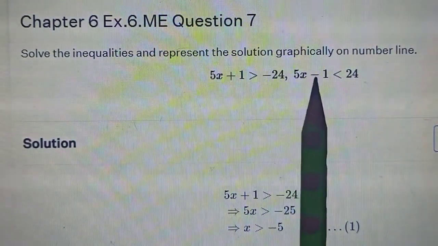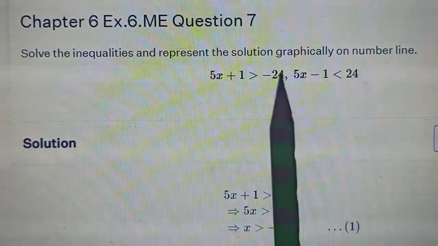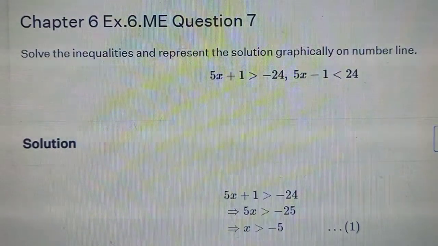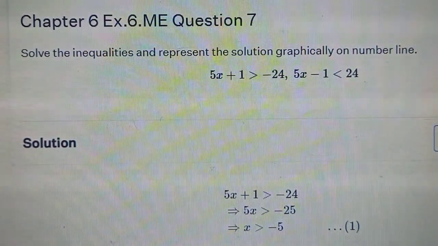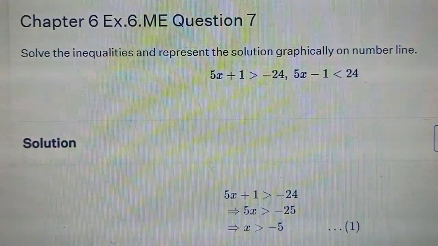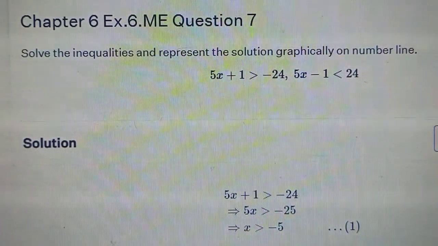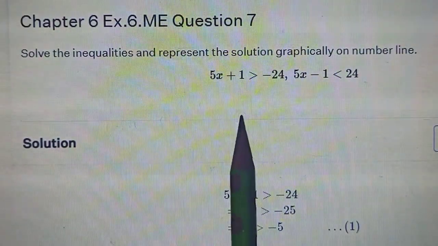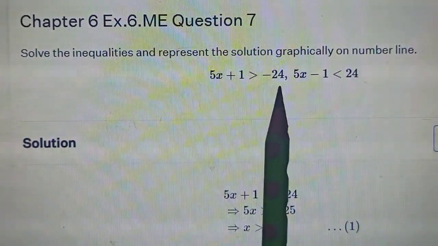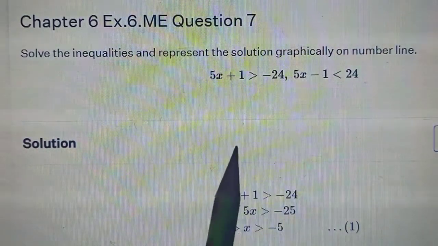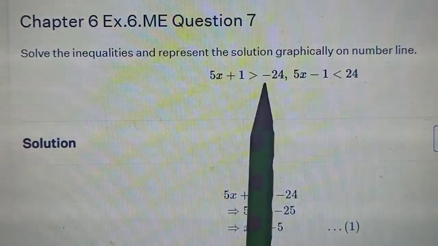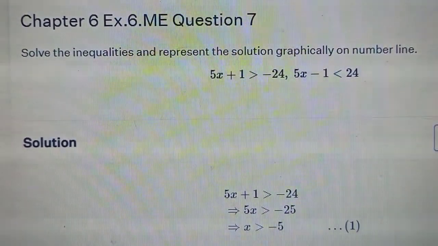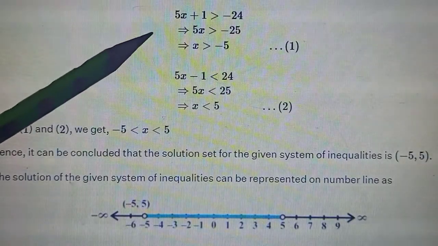Later on you can do it mentally or orally also, but initially doing it graphically, things will become more clear to you. And as in the question they have said you have to do it graphically, in future also if it is mentioned graphically you have to do it graphically, and if it is just solve it and you can understand mentally, well and good. If you are confused then you can plot the number line graph for both the inequalities and see where double shading comes, which satisfies both, that will be your common solution or solution for this system of inequalities, right? So this is how we'll go about it.